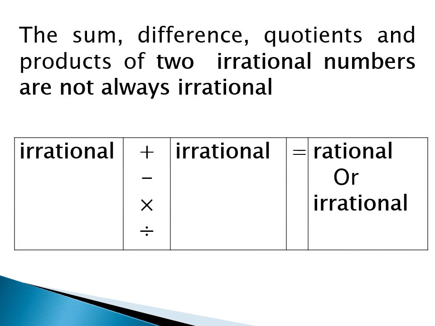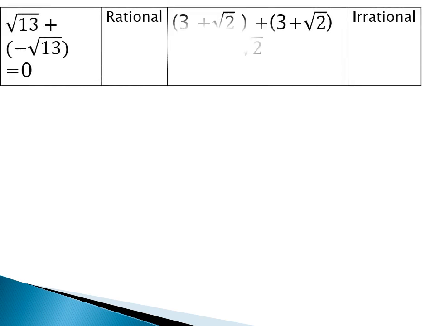Irrational number and the second one is also an irrational number. When we are doing the addition of two irrational numbers, the result may be either rational or irrational. If the difference of two irrational numbers is taken, then also in the same way, rational or irrational. If an irrational number is multiplied with another irrational number, then the result may be either rational or irrational. Again the same case with division also, we are going to get either rational or irrational only. Now we can see with some examples.